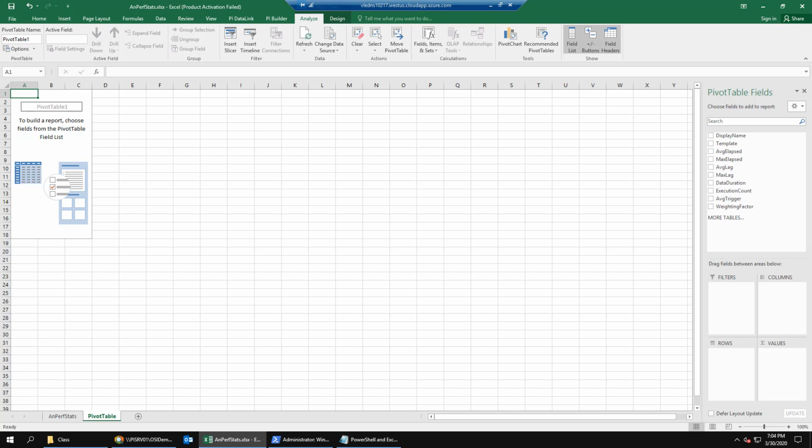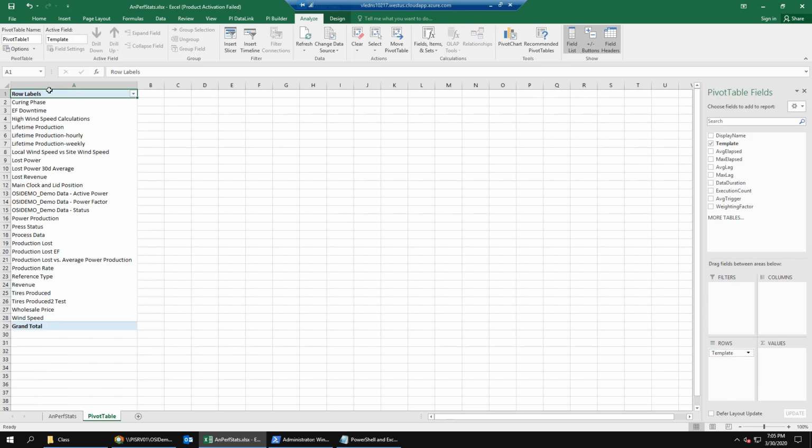Next, we're going to drag max elapsed down to the values area. And we'll change this to a max, so that we can see the maximum of our max elapsed. Next, we'll do the same thing with average lag and max lag. So we'll drag average lag down, select the drop down, change it to an average.